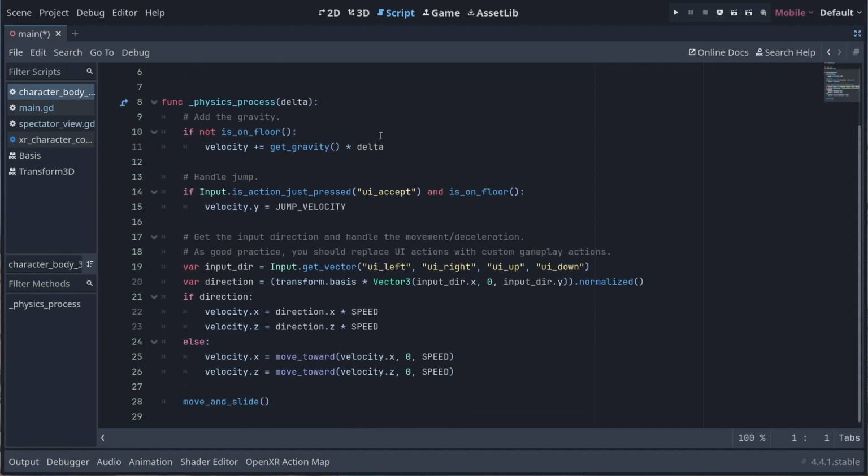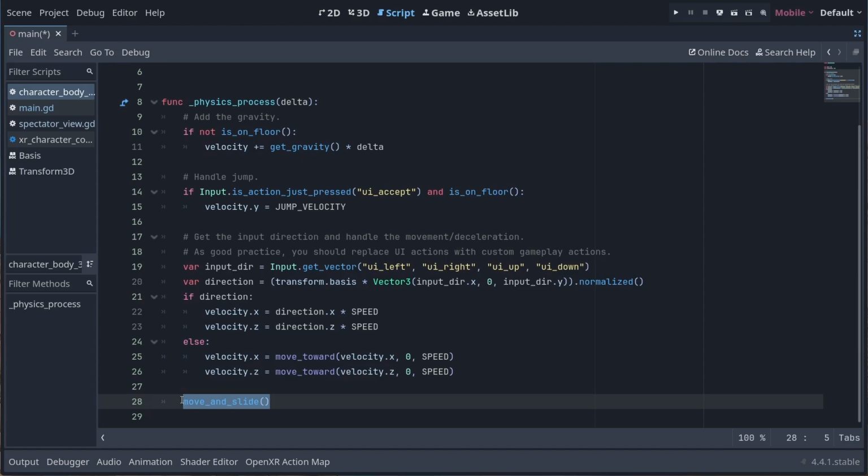It first applies gravity if our player isn't on a floor. We then check if we initiate a jump. Next, we get a vector for our movement input. This is then used to calculate a movement vector that updates our velocity. And we use move and slide to move our character. With this logic, we can move our character using the keyboard, and can configure it to work with a normal joystick as well.